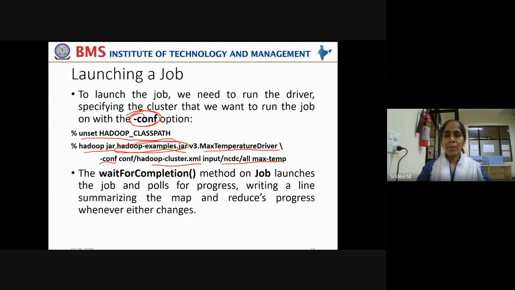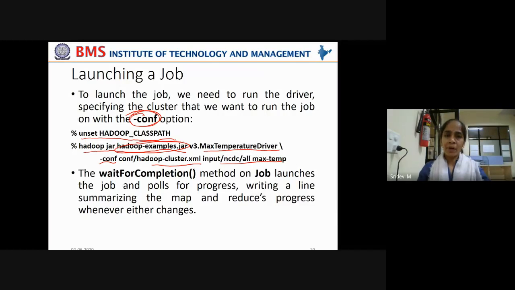Now the waitForCompletion method on Job launches the job and polls for progress. You have seen how to start a job: you use job.waitForCompletion. This method waits and monitors the progress, writing a line summarizing the map and reduce progress whenever either changes.